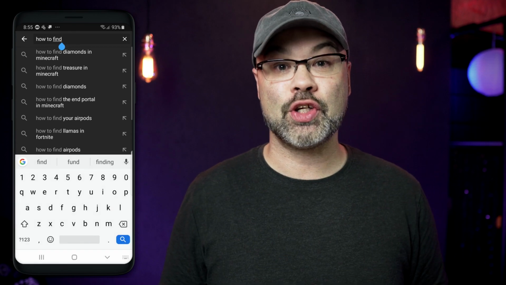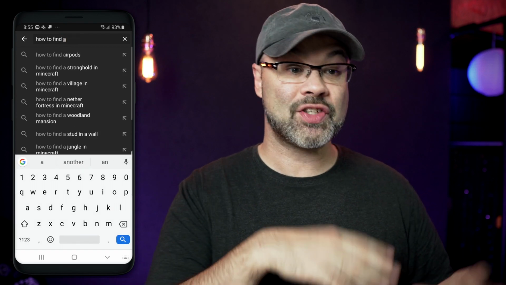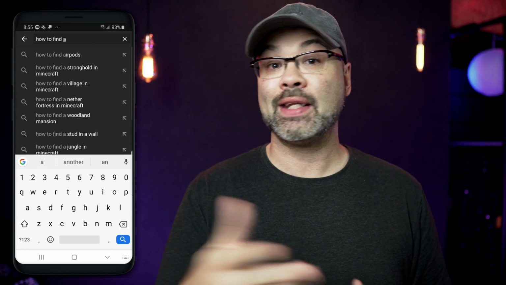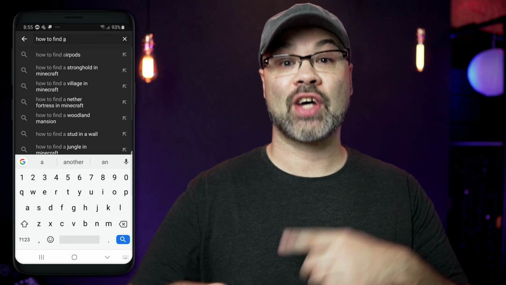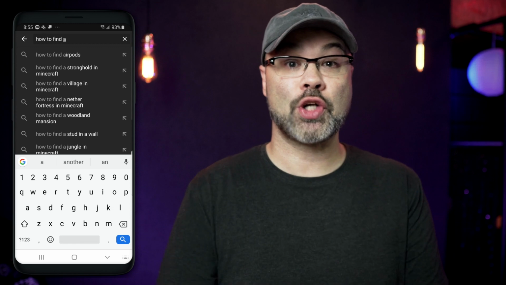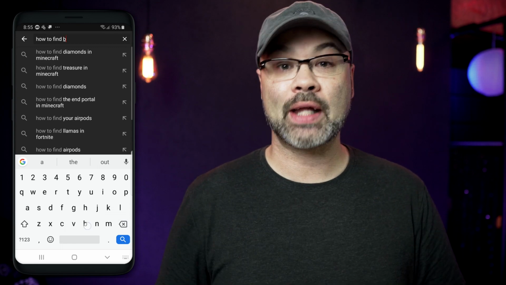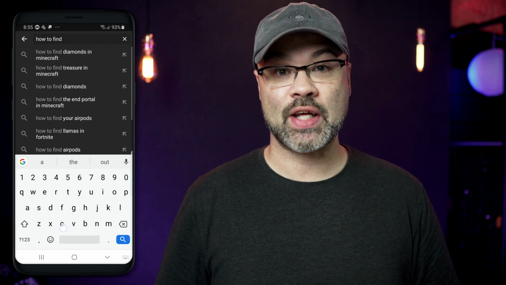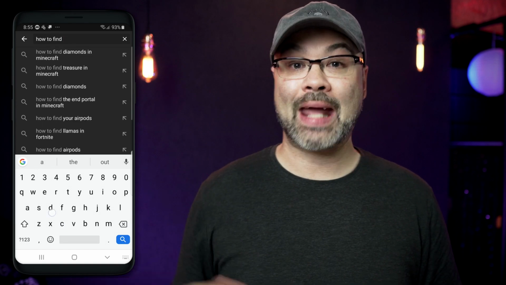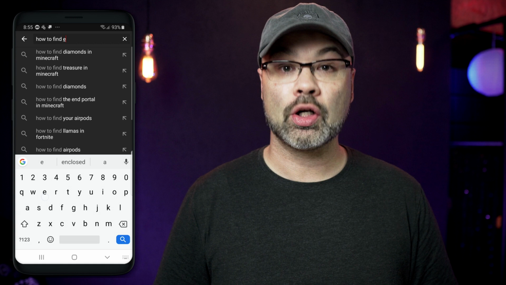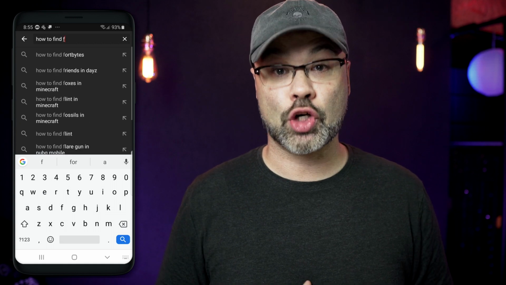And another thing you can do to get even more search results is start to type in a couple of keywords and then simply type in the letter A. And it's going to change the results that were just shown to you by the autocomplete feature. And then back that up, delete that, and type in the letter B. And then type in the letter C. And then delete each one and keep going through the alphabet. And every time you add a new letter, you're going to be presented with even more search results and more